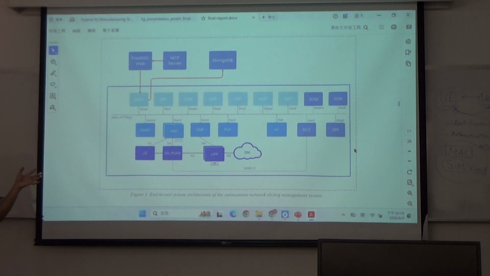It can respond, but like I said, we cannot demonstrate it because the LLM cannot get the data from the subscriber. For example, in the system we create a URLLC slice, right? It's only less than 5 milliseconds, for example, and the system will try to apply the configuration to the UE, but the UE runtime,